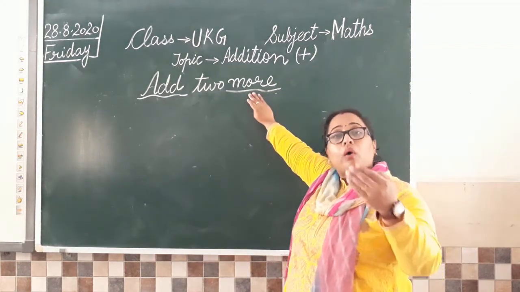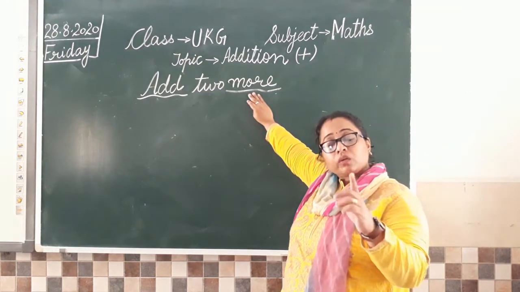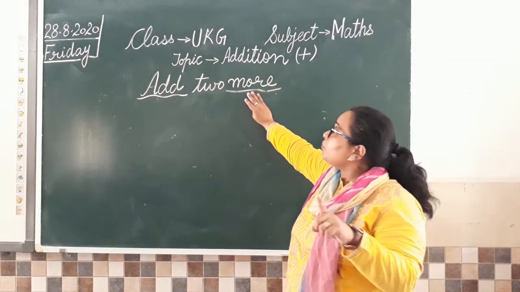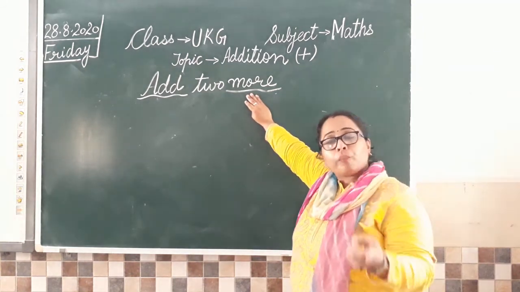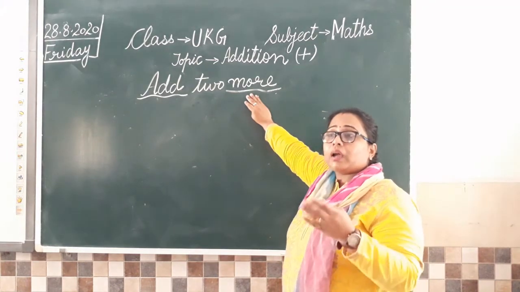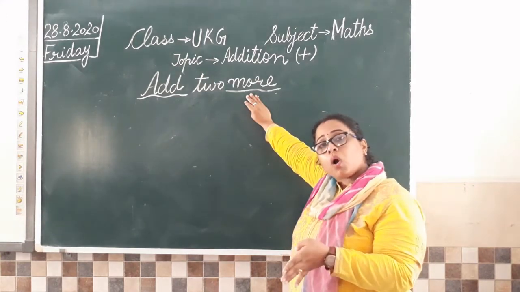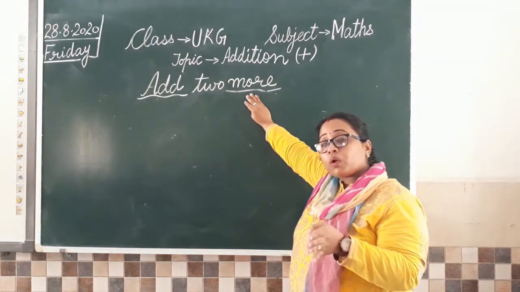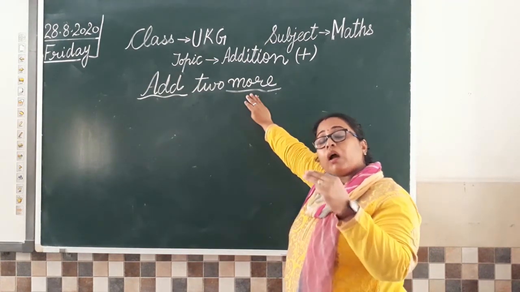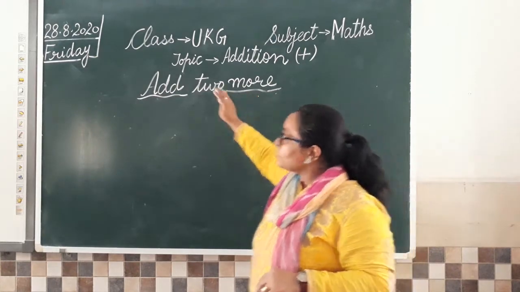मोर मतलब और. So अगर पहले लिखा था add 1 object, उसका मतलब होता है आपको 1 object ऐड करना है. But if it is written add 2 objects, so how many objects you are going to add? 2. अगर मैम लिखती है add 3 more and count them all. So what we have to do? पहले हमें उसमें 3 objects को ऐड करना है और फिर हमें सबको टोटल करके काउंट करना है. So let us do this.